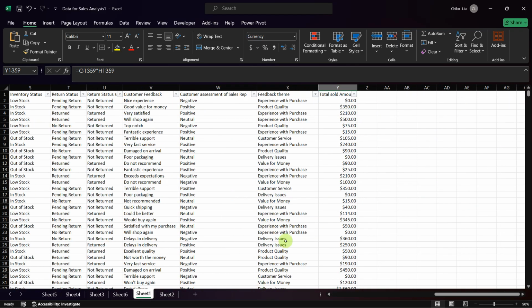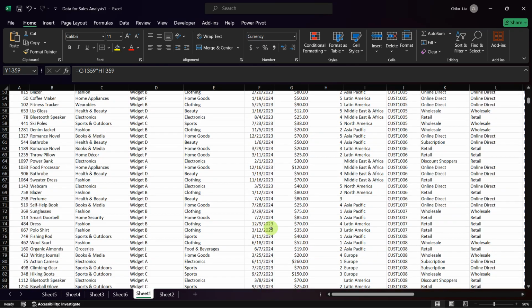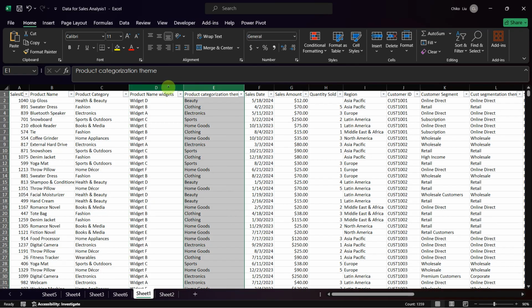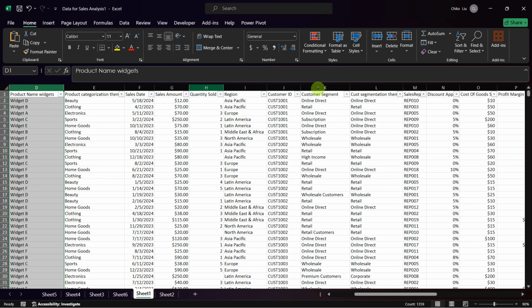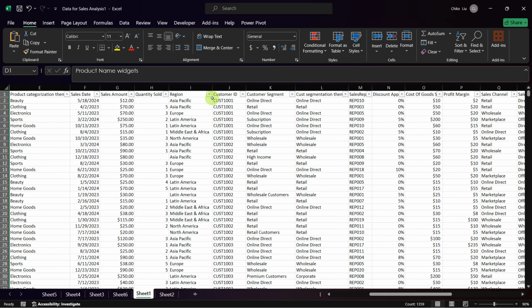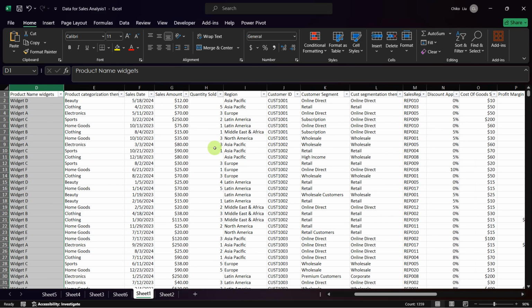So imagine me applying slicer here. Slicer will not do anything for me here. So you can see this data set. We have product name, product category. These are auto generated, you see this particular categorization, they are auto generated. We did them based on certain observation. So imagine me trying to use slicer on this particular table. It's not going to work, and this is not a proper table. So the best way to do some summary here is by the use of pivot